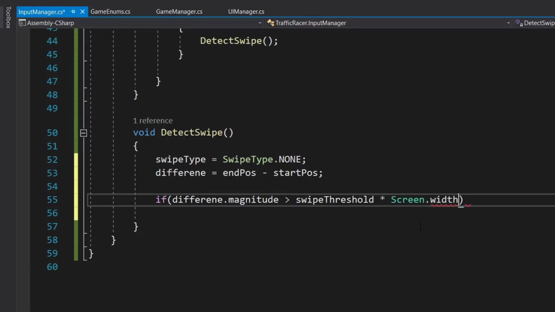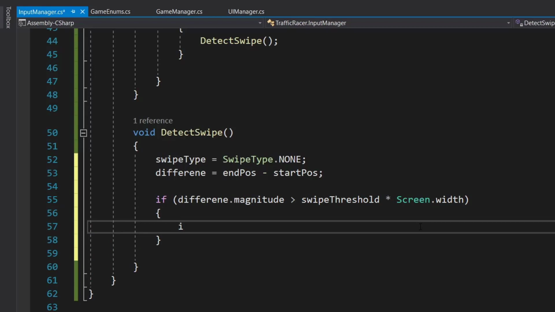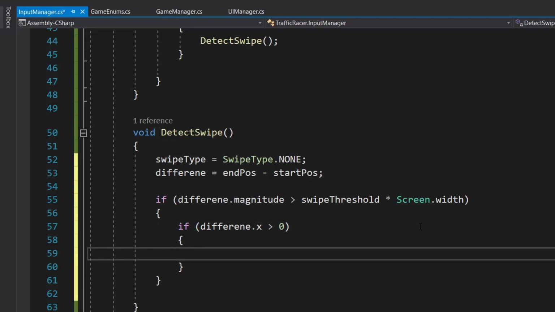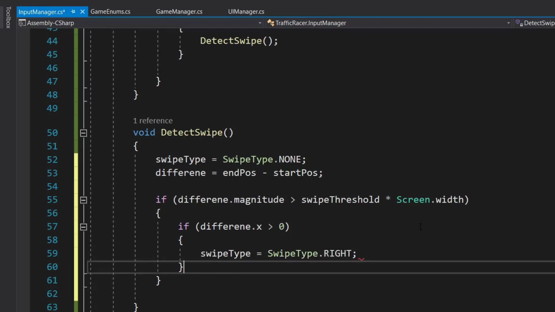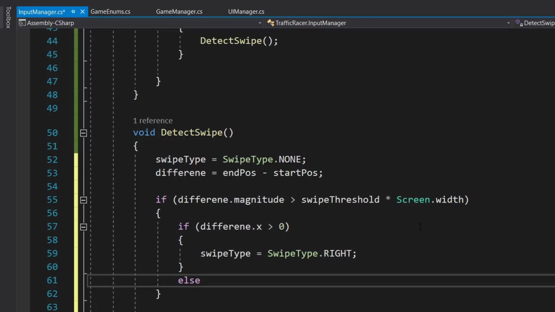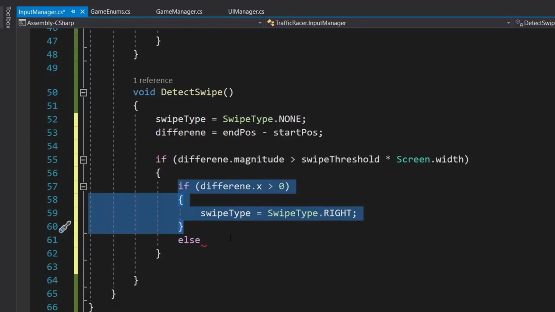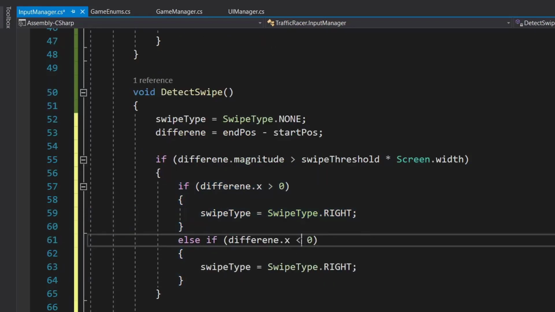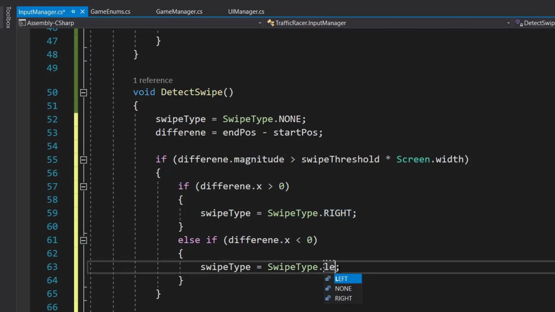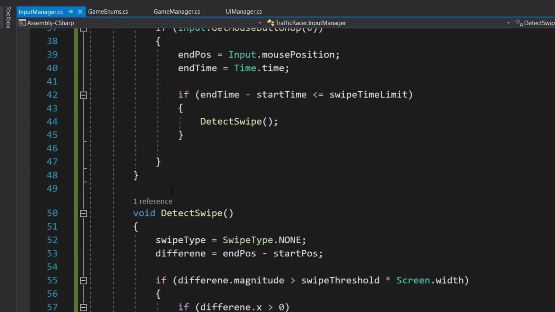If it is true, then we check if difference.x is greater than 0, then swipe type is equal to SwipeType.Right. Else, if difference.x is less than 0, swipe type is equal to SwipeType.Left, and we will call this method in our update in this condition.